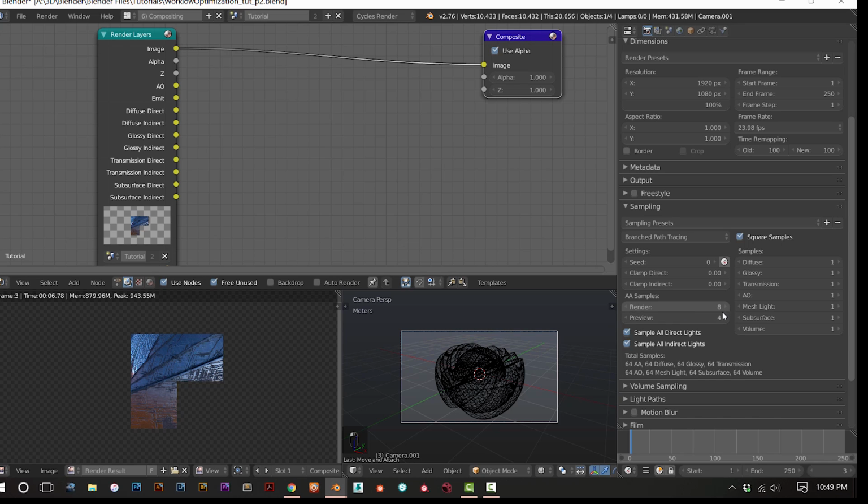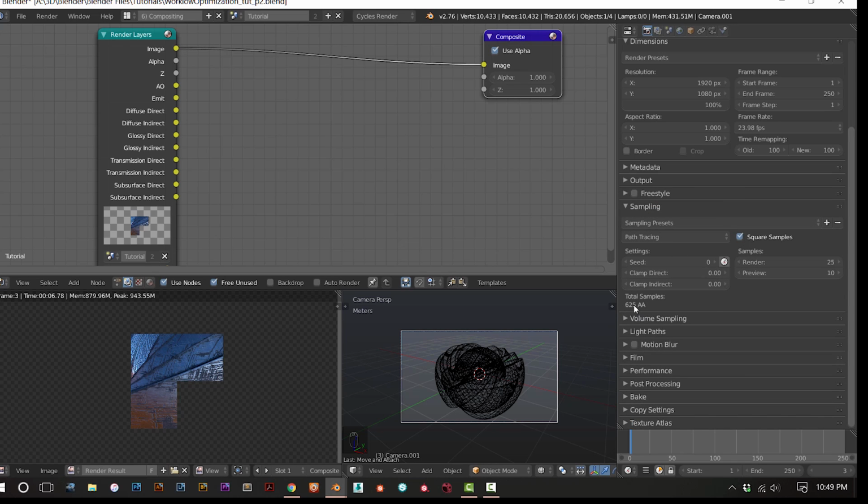It's going to render 64 total samples just for the anti-alias sampling, just for the diffuse, glossy, transmission, all of these things. Okay? So it's basically going to calculate the sampling for all of these things 64 times. So if you're not using branched path tracing, if I have this set to 6 here, it's just going to calculate,